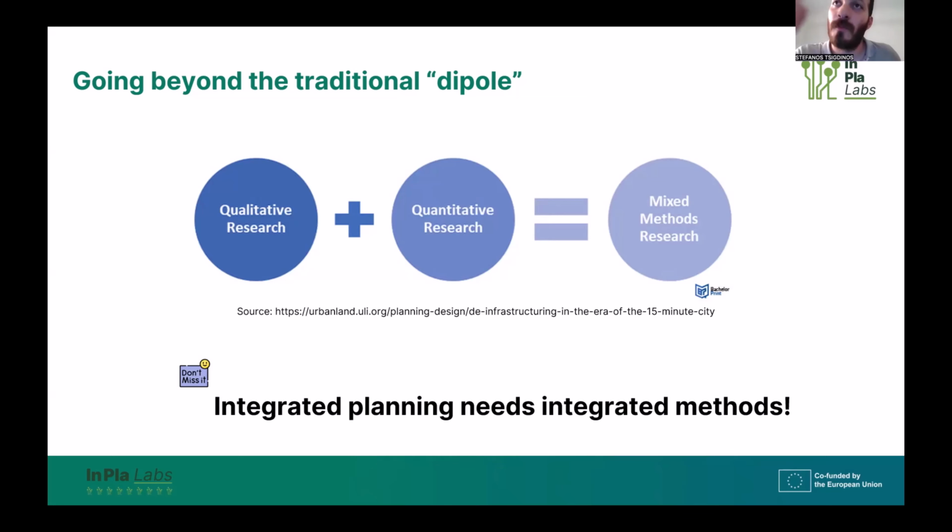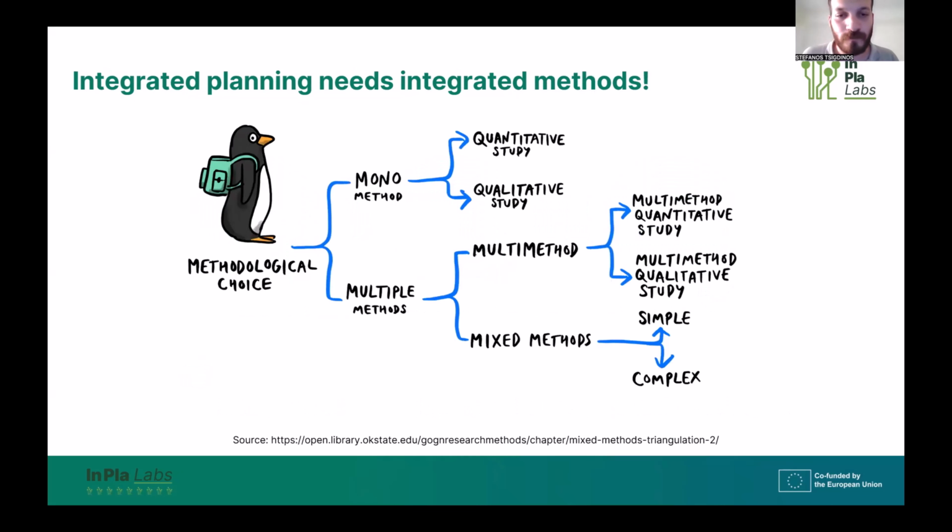the mixed method, and also about integrated roles. For example, we have practitioners, we have decision makers, we have academics, we have also students. So integrated thinking is something very comprehensive and something holistic. So integrated planning definitely needs integrated methods, and that's why we can take qualitative and quantitative and bring something new into play.